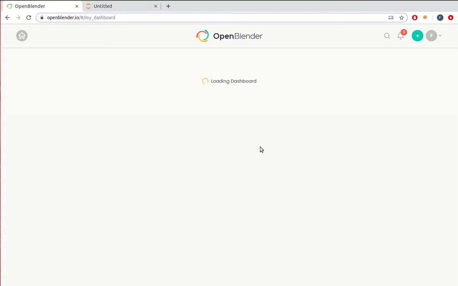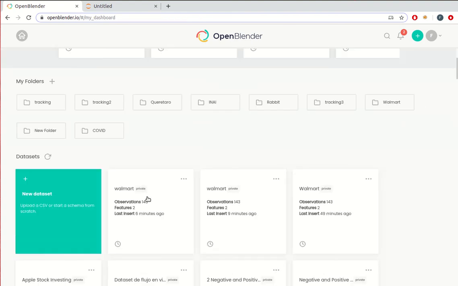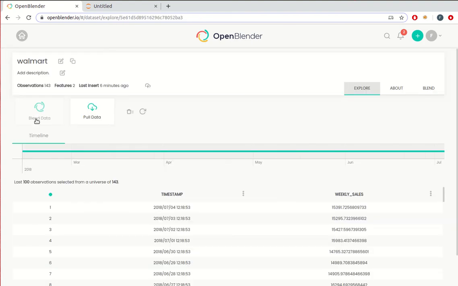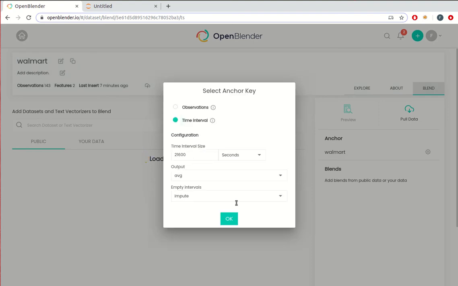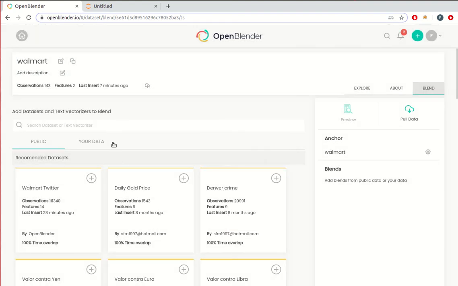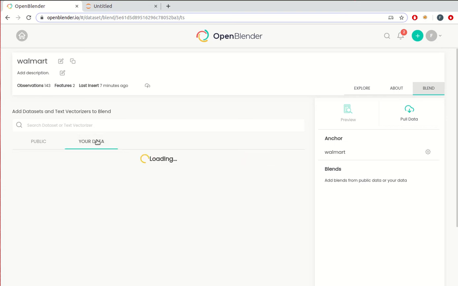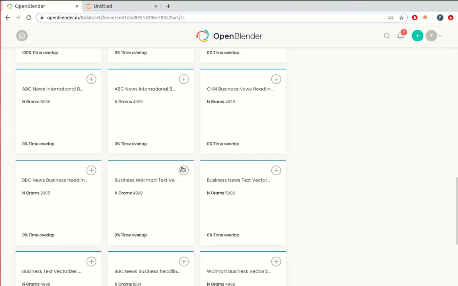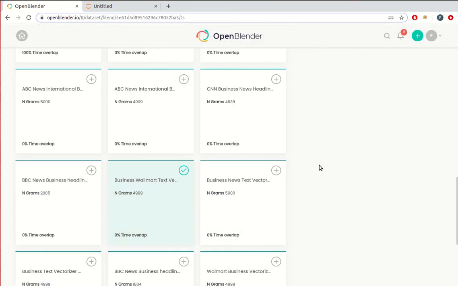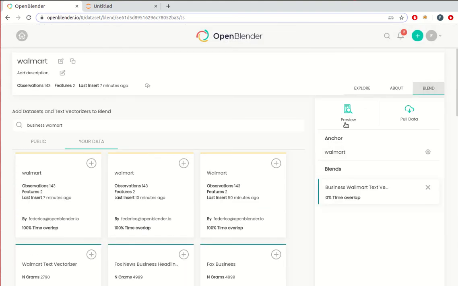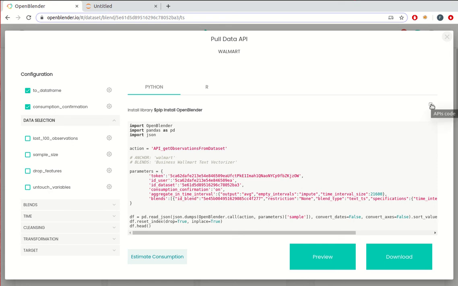I'll just go to my dashboard. Okay, so here it is. I'll just go ahead and blend data. I'll just select the default time aggregation, and I'll browse through my own data. Great, here it is, the Walmart business text vectorizer, and we'll just apply. And so now we will have a very big dataset. Let's just go ahead and download it